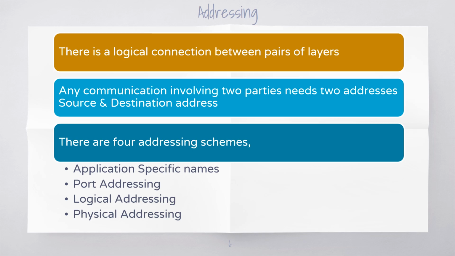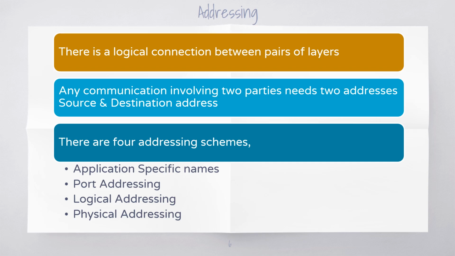Then we have port addressing at the transport layer. Since I may run a number of applications on an end system, to filter out the traffic with respect to a specific application, each individual application is given a port. For example, Gmail may have port number 80. So any information that is received on port number 80 is intended for Gmail.